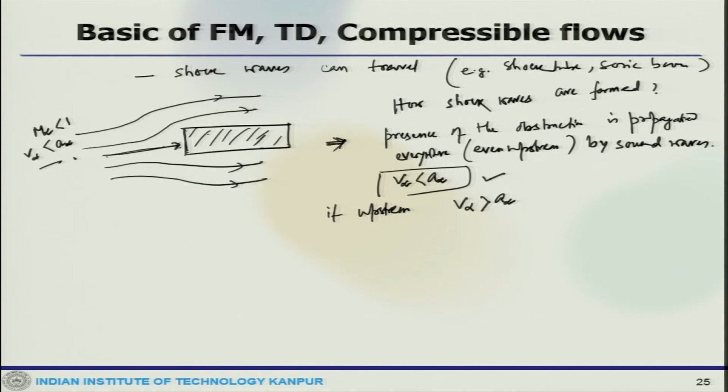So, this can no longer propagate upstream. Instead, they tend to coalesce a short distance ahead of the body. So, if the body is here, around a short distance ahead of that they will coalesce, and